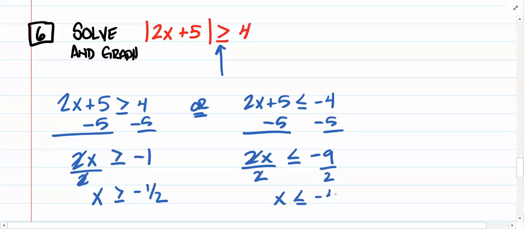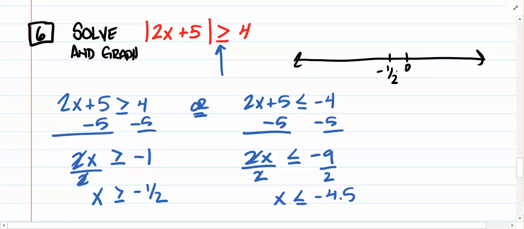So if I was going to graph this on the number line, here's what it would look like. Here's my number line. You got to give me 0. You got to give me, here's negative 1/2. And then here's negative 4.5. So it says that it's greater than or equal to negative 1/2. So I'm going to circle above negative 1/2. I'm going to color it in, and I want everything that's to the